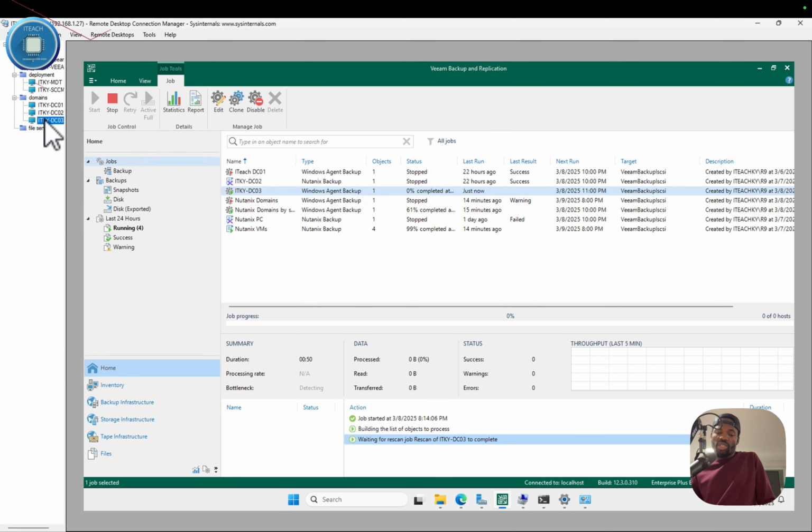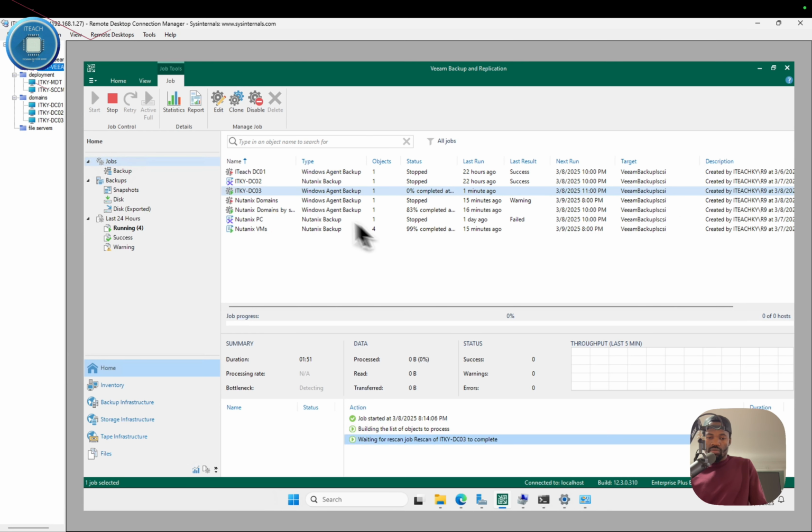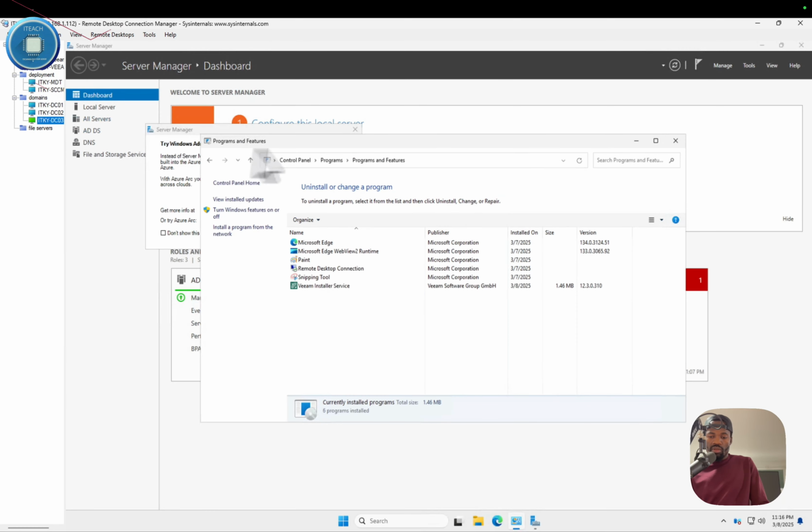So let's come over here to DC03. We should see Veeam services. There you go. Veeam installer service was installed. We're onto something now, and we're now waiting to get the agent installed, the Windows agent to get installed. All right, let's check on this again. Last time we had only this installed. Let's refresh it. Anything else? Nothing yet. And again, we chose